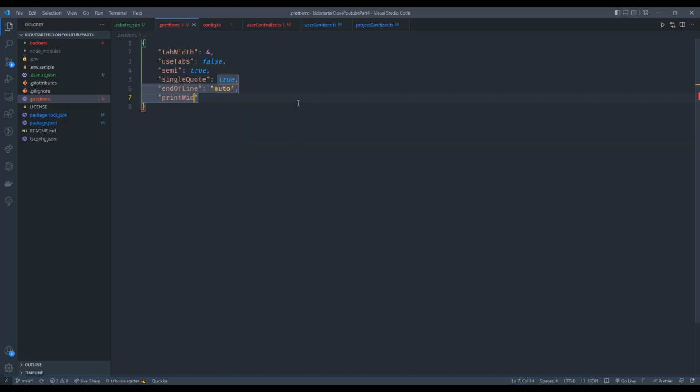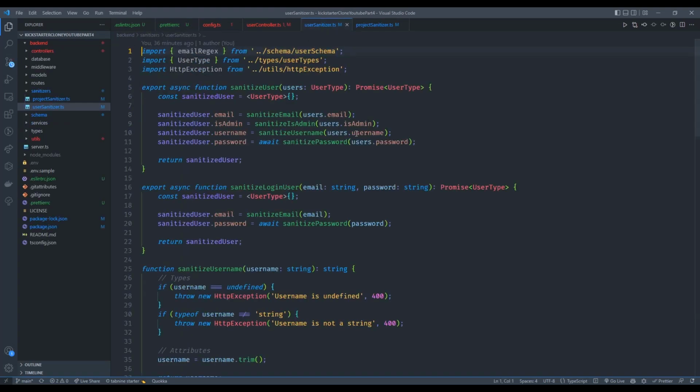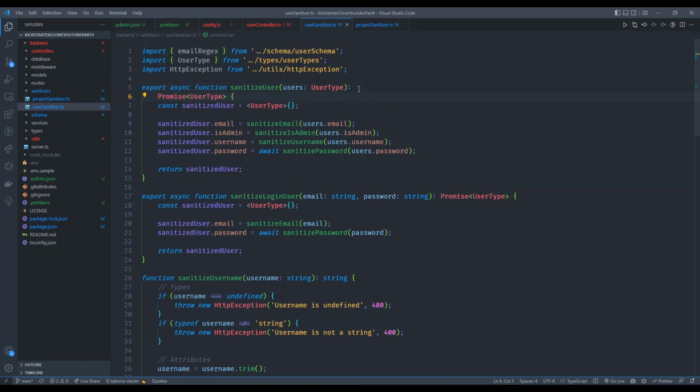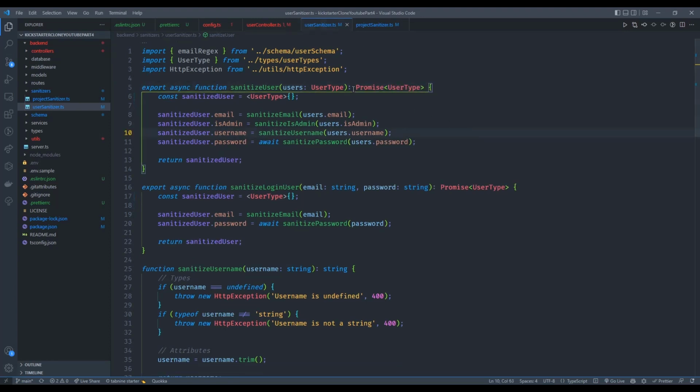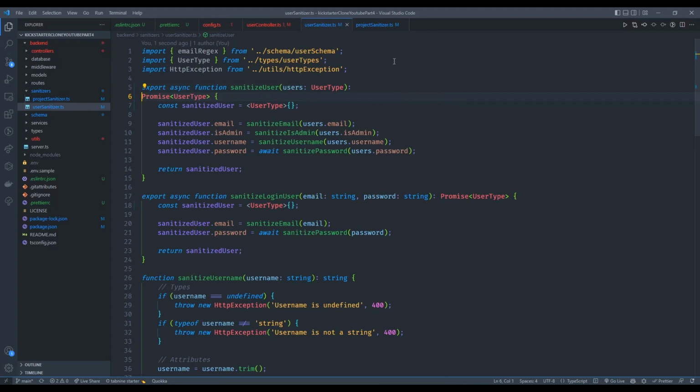and print width to be 80, and that's just how long a single line of your file can get before it'll automatically do stuff like this and make it more readable over more lines. Particularly if we had users and, I don't know, names and configs and boolean flags, and we were having a bunch of different arguments when we call this, and all those arguments could be one really long line, but instead at 80 it'll chop it off and break it up into those multiple lines we were just playing out before. Alright,